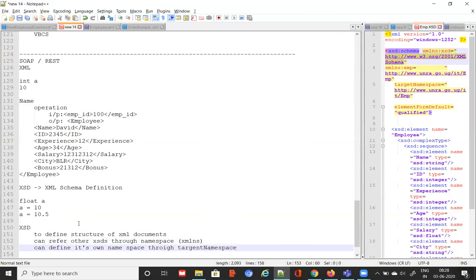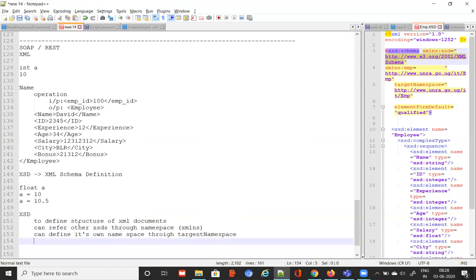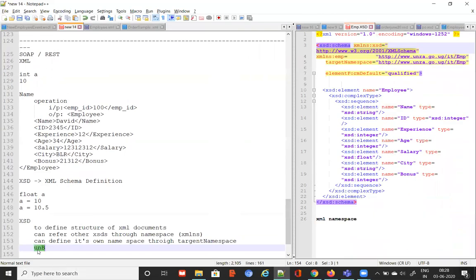And then you have something like unbounded, minOccurs, some special attributes, maxOccurs. So minOccurs equal to 0 means it is not mandatory, optional, I would say, element. maxOccurs equal to unbounded means repeated any number of times. Just for reference we'll keep these here.